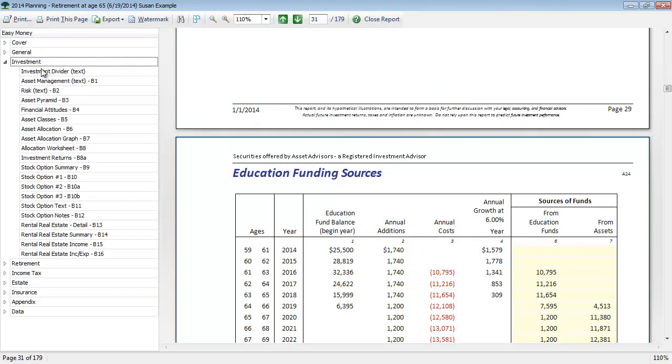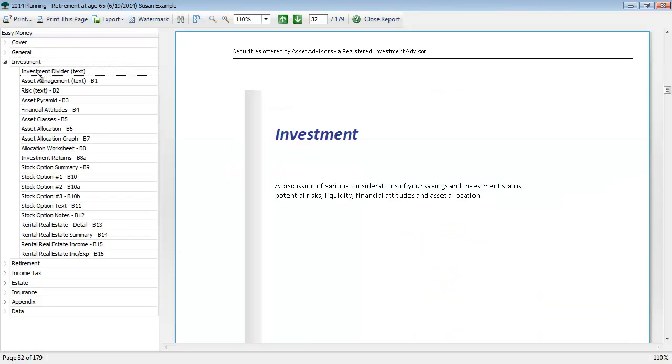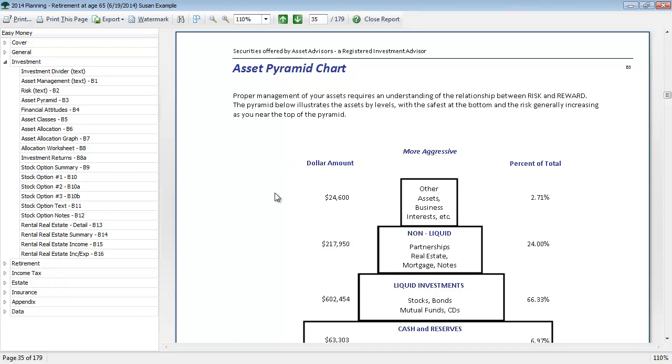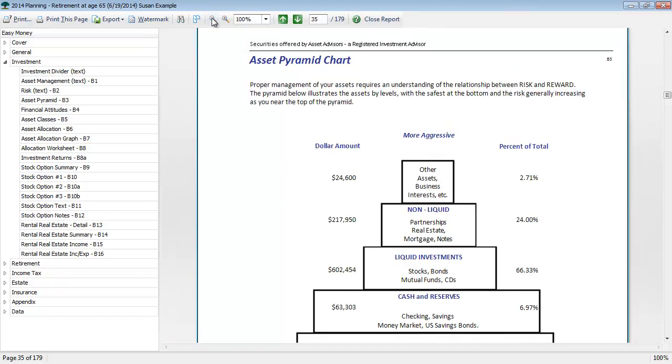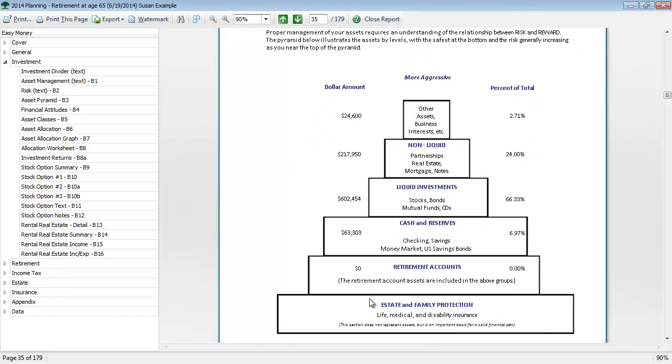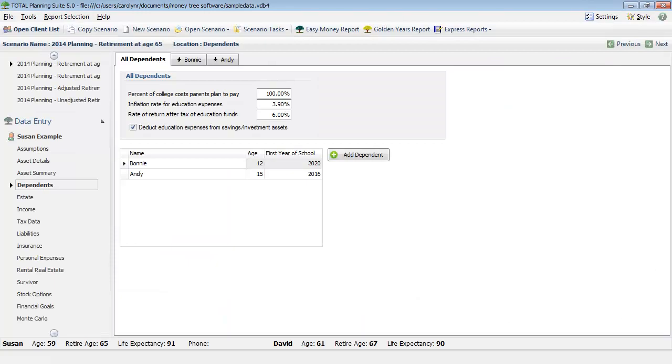The investment section is going to discuss risks, financial attitudes, and asset allocation. So starting with this asset pyramid, this is going to list the traditionally safest types of assets at the bottom, and the risk is going to increase as you move towards the top. I do want to point out this option for retirement accounts, how you want them to be factored in for